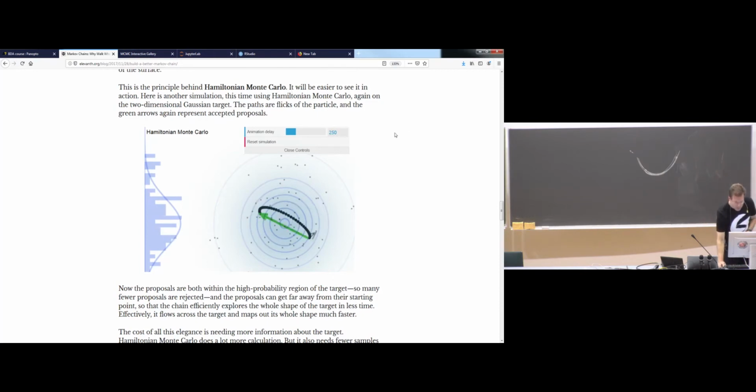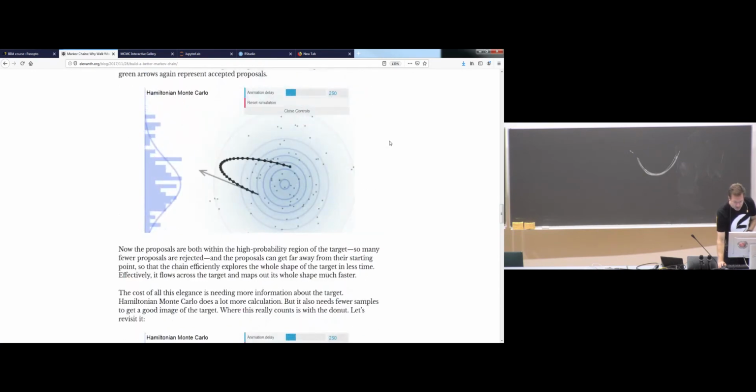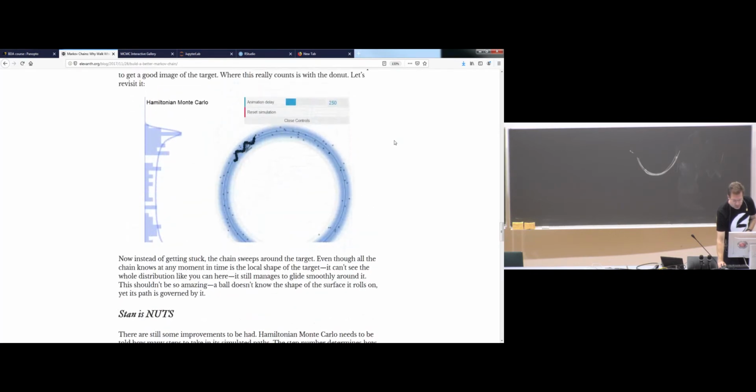What makes it then interesting is that, in addition, when I said that when we have the gradient, we would be more likely to go towards where there's more mass.